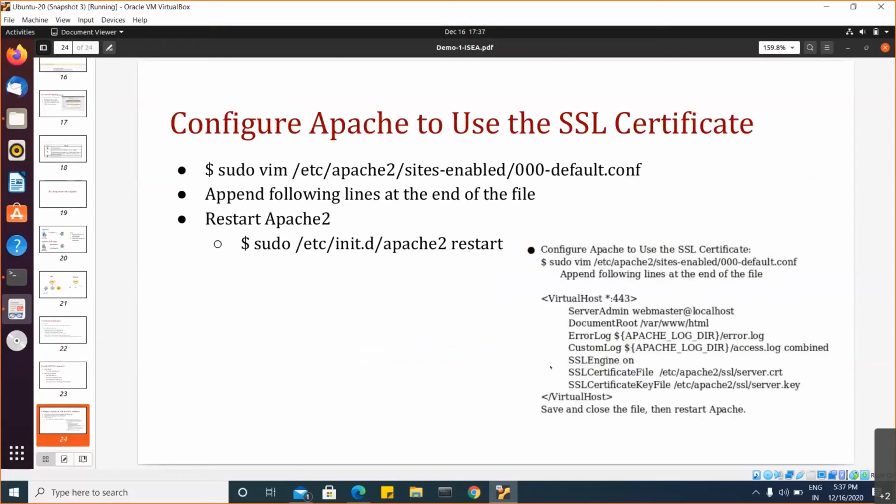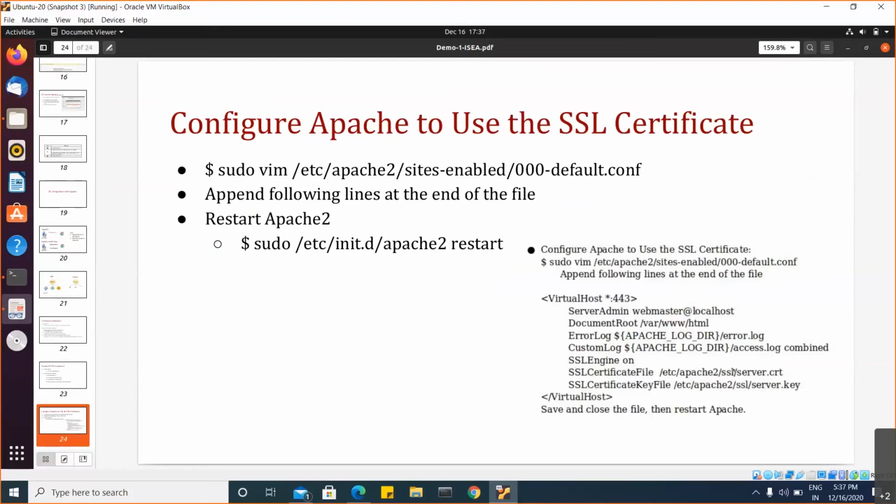By default, whenever SSL is enabled, the data will be redirected to port 443. Whenever the data comes to 443, you are saying that you need to enable SSL. Okay, the SSL engine is enabled, and you specify the SSL certificate file.